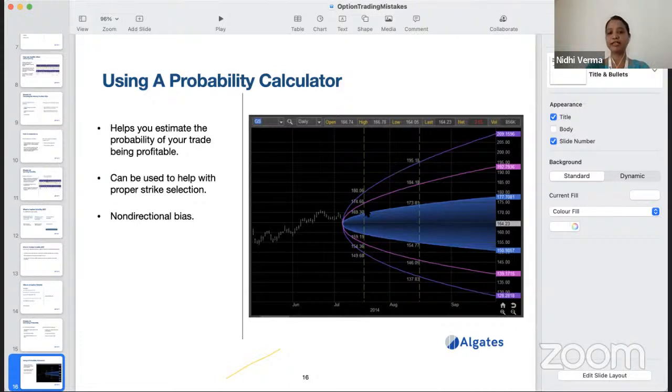So as you go further in time, this range increases. If you are going, say, to the end of August, this range is increasing. There is a 68% chance that the stock will remain between 154.77 and 173.81. So as you go further in time, your range increases. What I want to do is give you an idea of where your stock is, and what your outlook is.